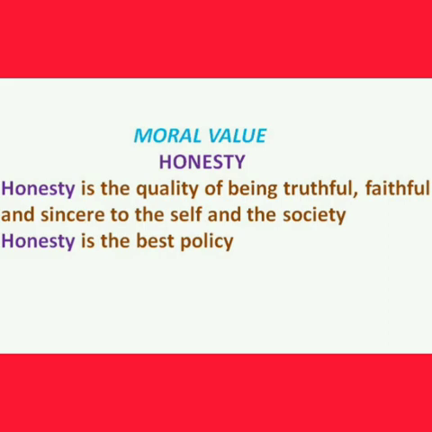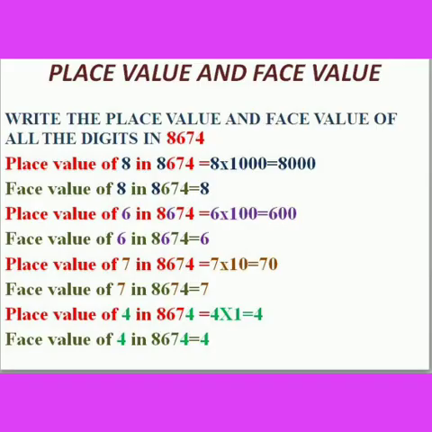Children, before moving into today's session, let us recall what we had learnt in our last session. Place value and face value. Write the place value and face value of all the digits in 8674. First, the place value of 8 in 8674 is 8000. Then the face value of 8 in